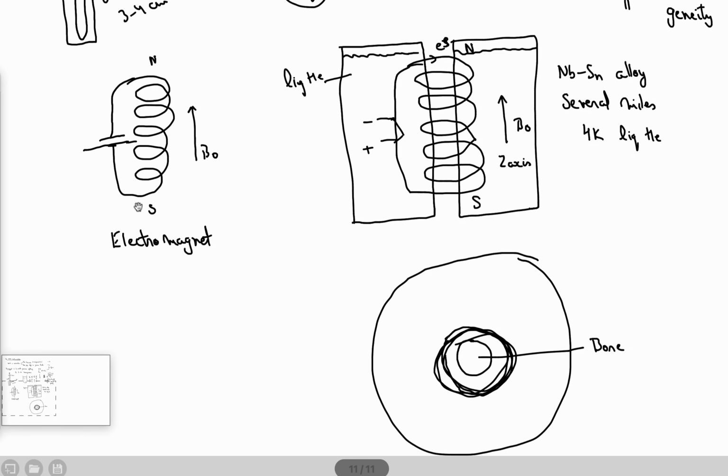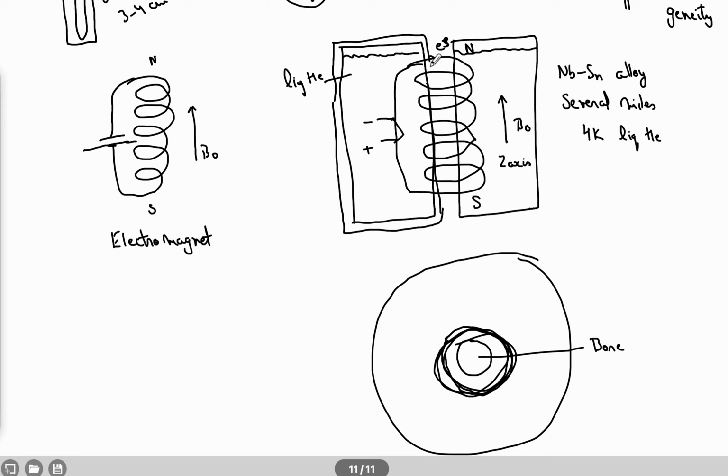Now there is a jacket, because liquid helium is at 4 Kelvin, there can be evaporation losses, so this will evaporate very fast. So what they do is they actually jacket it with a vacuum chamber, something like this. So the whole chamber is vacuum jacketed, both of them. So that liquid helium does not evaporate easily.